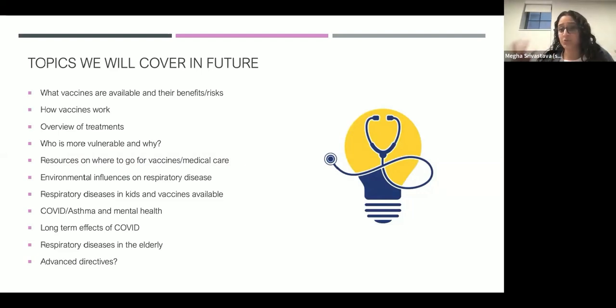COVID and flu and respiratory illnesses in general happen more during the winter time. A lot of times they don't even become available until later. So you want to get the COVID vaccine and respiratory illness vaccines earlier. And those are just the ones that are the most serious. Shingles, if you're really worried about it, there's no harm in getting that one first. That's an important vaccine to get that is very overlooked. But because COVID is still going around and still an issue, I would say to prioritize COVID and flu.